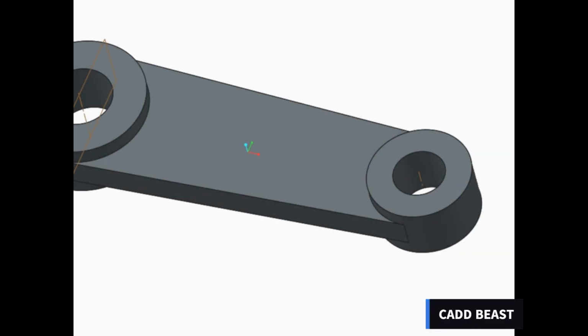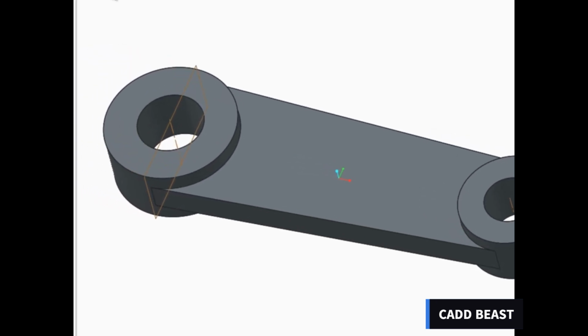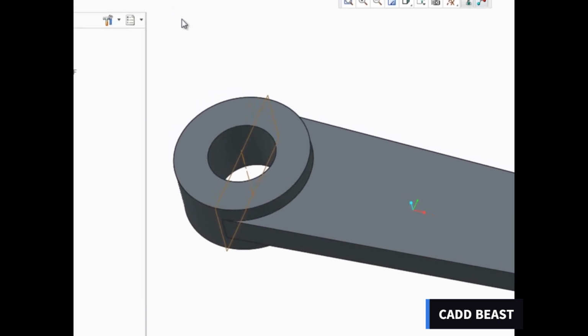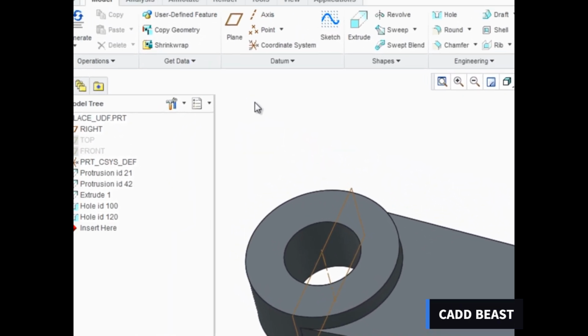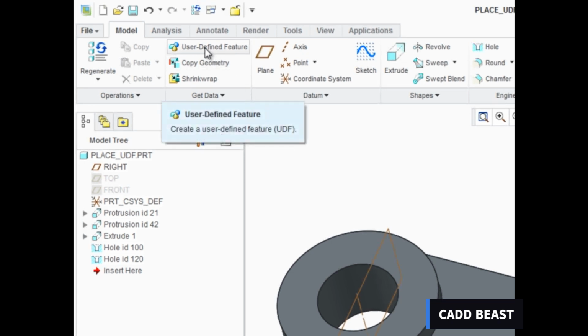A user-defined feature, or UDF as it's better known, captures features or groups of features so that they can be used later to easily recreate geometry in other design models. UDFs can be saved to a centralized library and then used to easily and accurately recreate geometry in models throughout your organization. To place a UDF in a model, click User-Defined Feature from the Get Data group of the Model